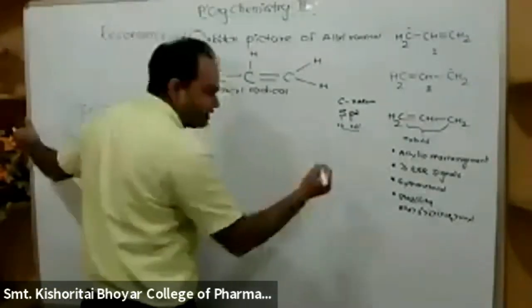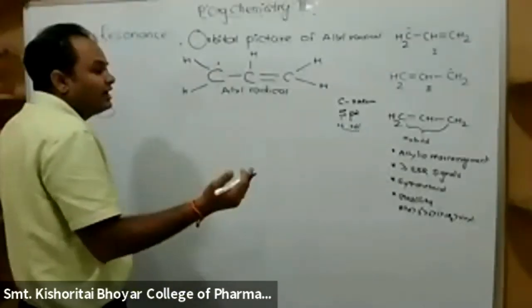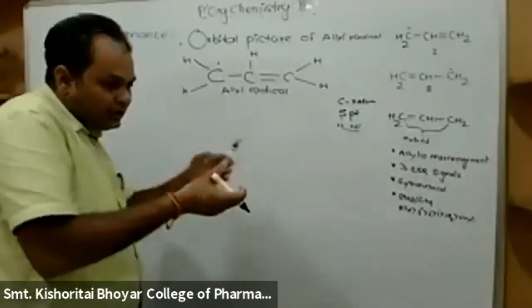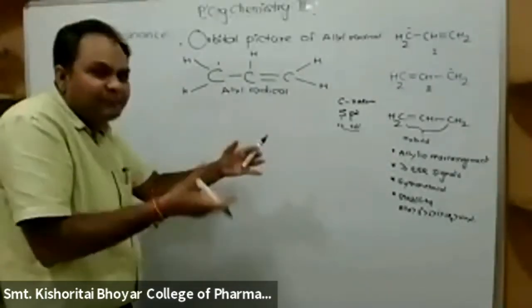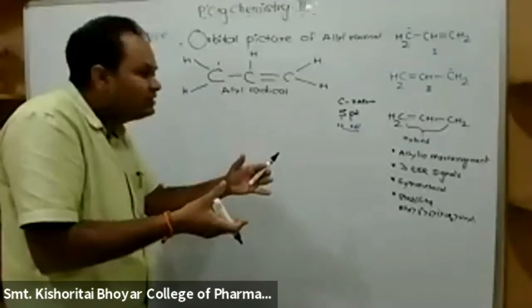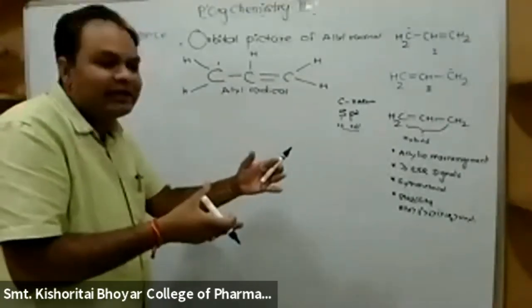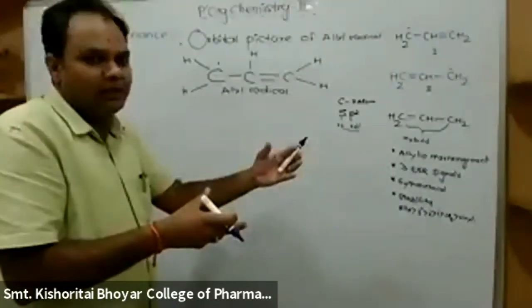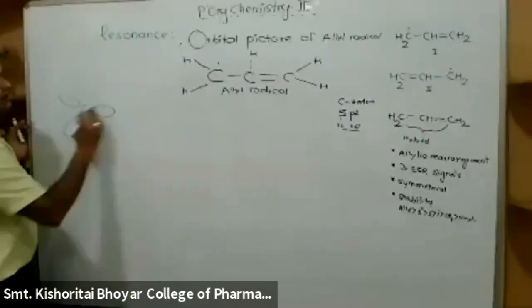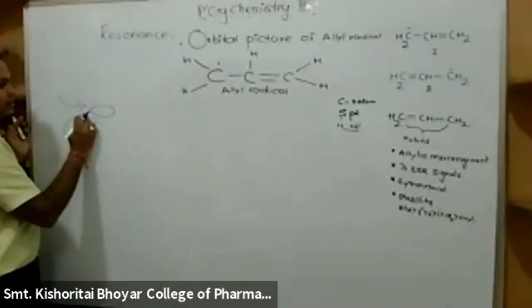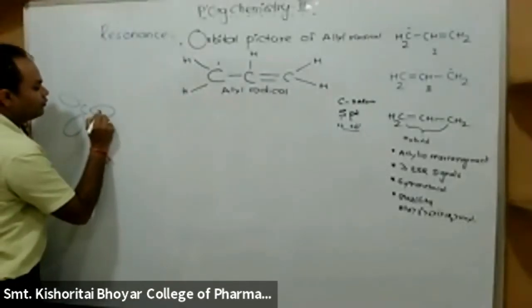It is not spherical like an s orbital, or a dumbbell shape like a p orbital, but it is a hybrid orbital. Hybrid orbital means it is a combination of spherical as well as dumbbell orbital. So it is not that much elongated and not that much spherical. In this way, this carbon has 3 sp2 orbitals.